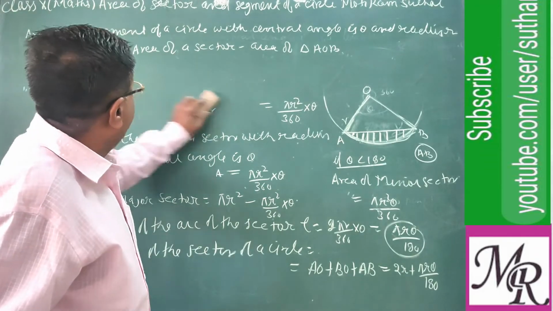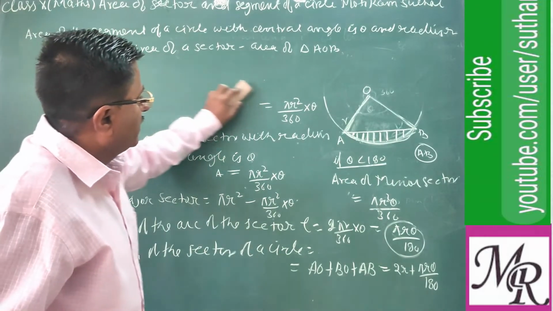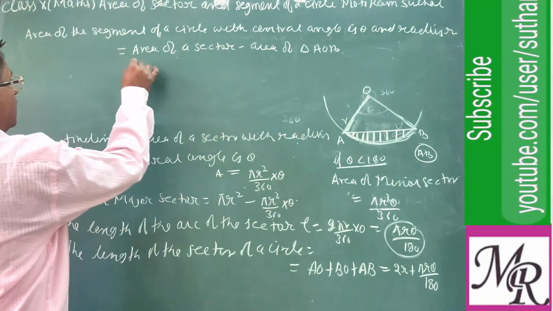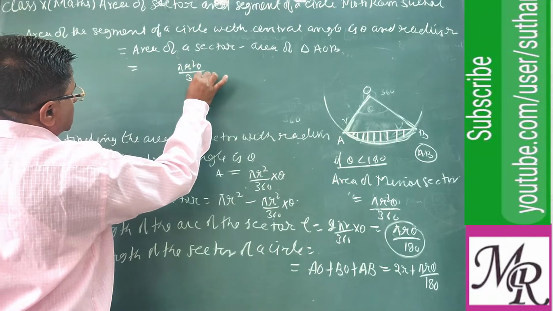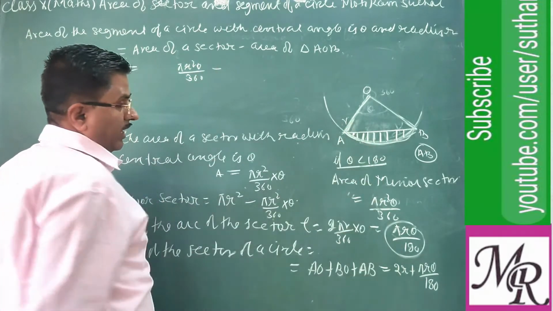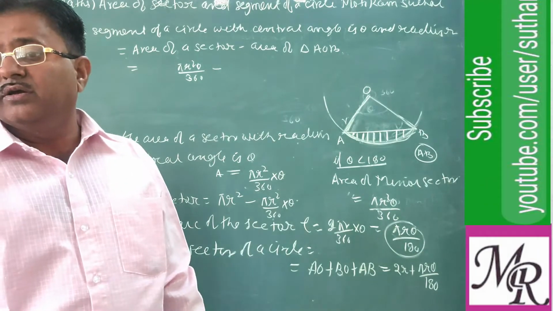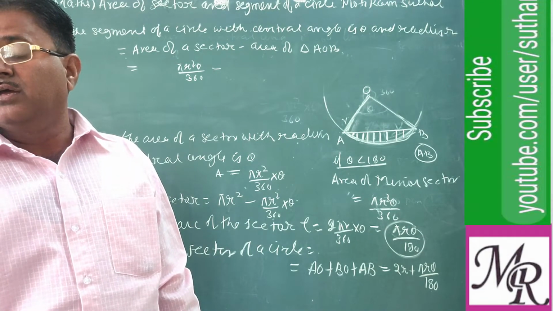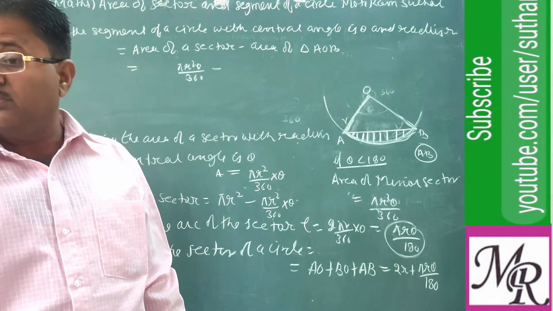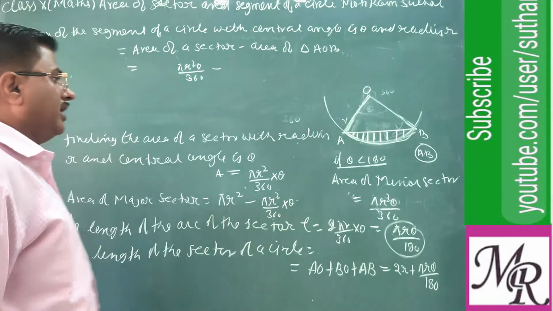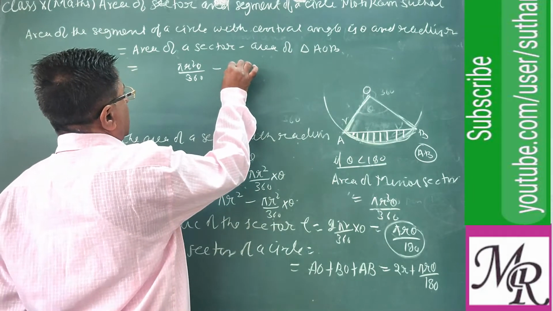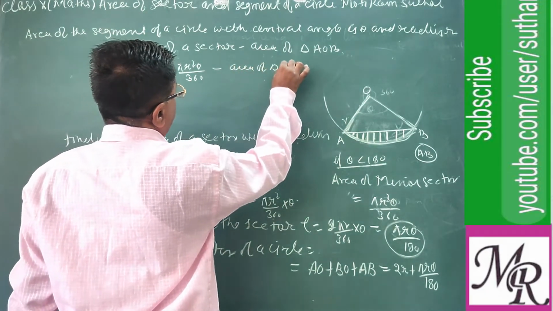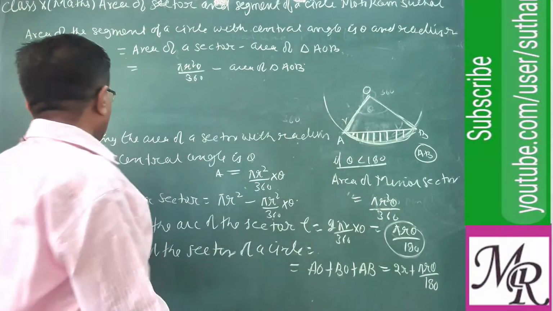Similarly, if you want to find that, suppose this is a minor segment, the area of a sector is pi r squared theta by 360, and you know that the area of a triangle may be different for different figures. The area of a triangle inside the circle may be a right triangle, an isosceles triangle, or an equilateral triangle, depending on the figure. That's why we are not using a proper formula. According to the given, we can use the formula.